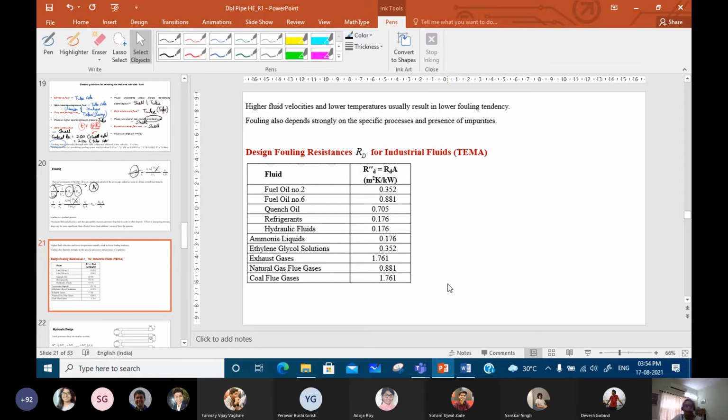Now, this defining that we'll be doing is for a very specific purpose. The point is, even for the same material, the fouling resistance does not remain constant. For example, when you are extracting naphtha in an oil refinery, if the naphtha you are getting is from the crude distillation unit, it has a lower amount of olefins and therefore a lower fouling tendency. But if you are getting this naphtha from a cracking unit, there will be a higher amount of olefins and therefore a higher fouling tendency. So this is true for most of the fluids.